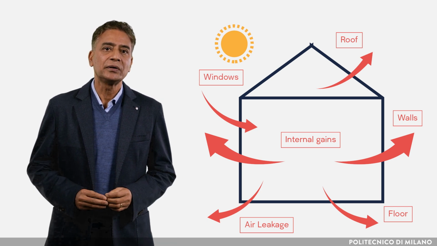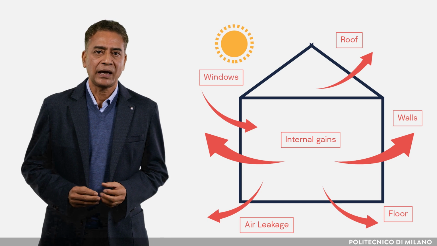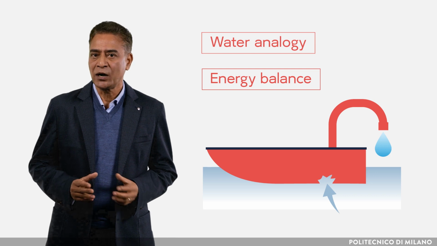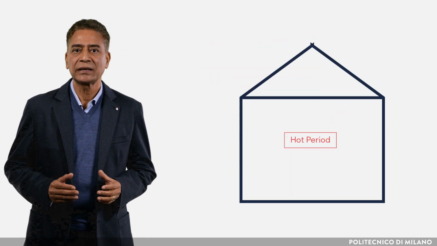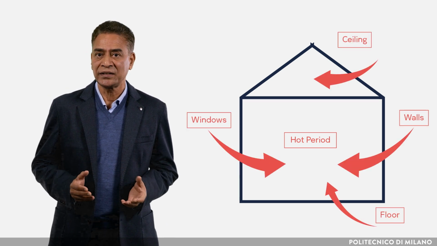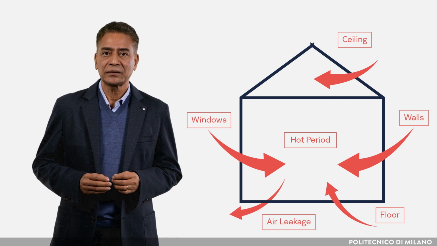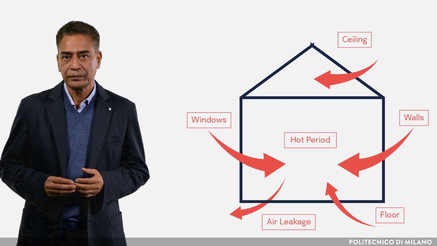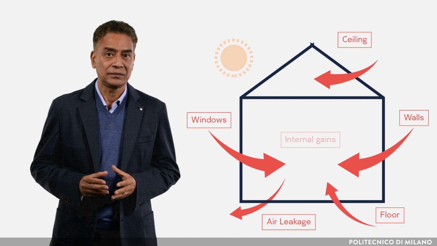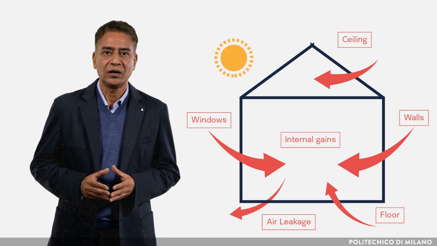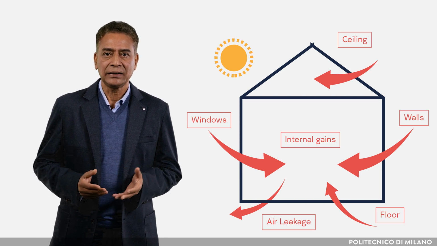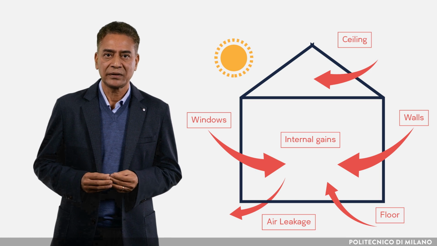In summer, things go in a similar but opposite way, as in a boat with leaks in the hull. To keep the boat floating, water must be pumped out. This corresponds to the building in the summer when the heat penetrates and you have to pull it out with air conditioning. The penetration takes place through walls, roof, and windows, and through infiltration and ventilation. In this case, there are also solar gains, but they now do not help. On the contrary, they tend to increase the temperature of the environment, in the same way that rain would fill the boat faster, raising the water level.